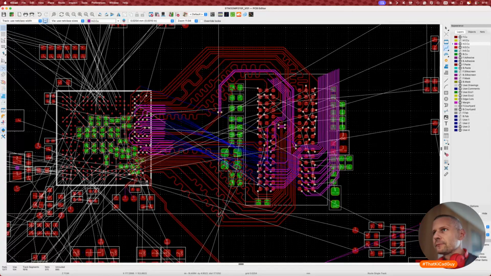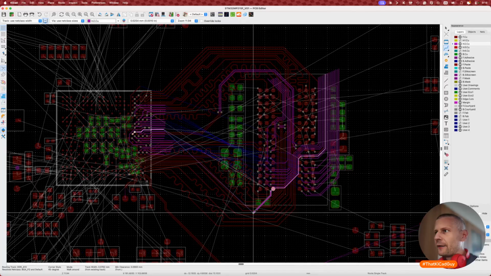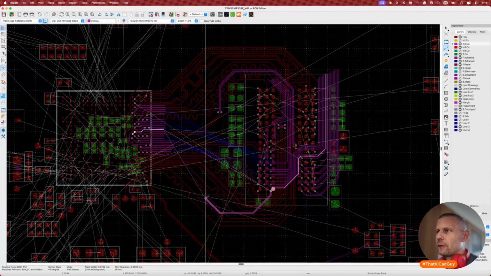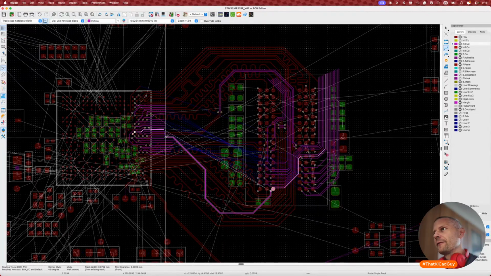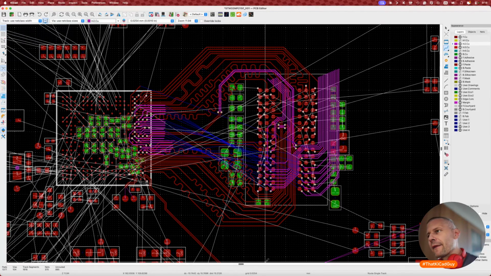But if we route all of them in a natural shape, like here, in a similar way as the red ones, it means that the length can be much closer. I'm not saying that all the signals will be length matched to the clock, because they won't, but